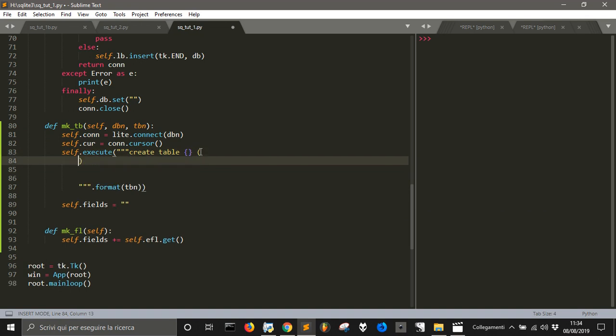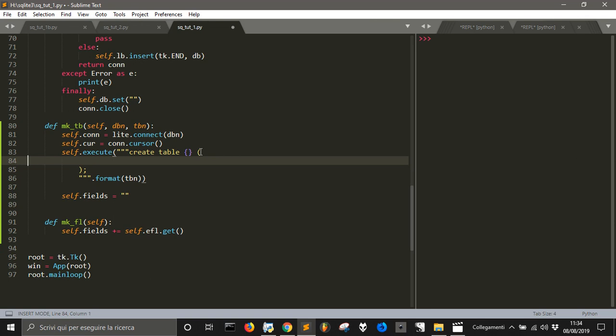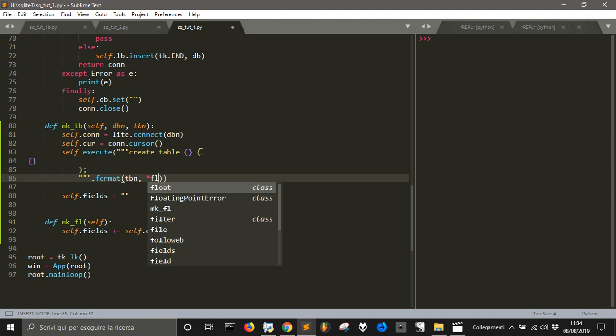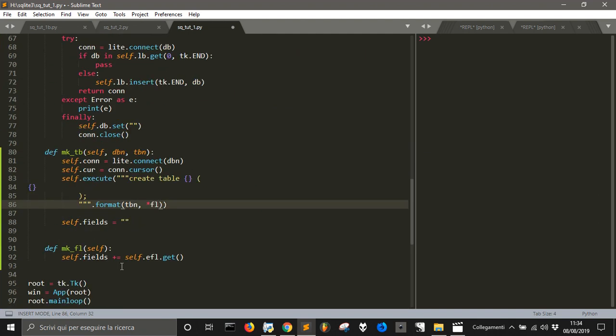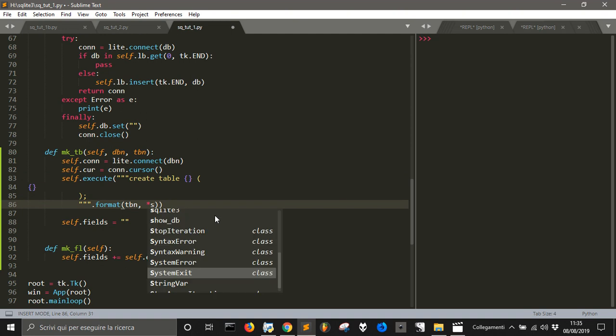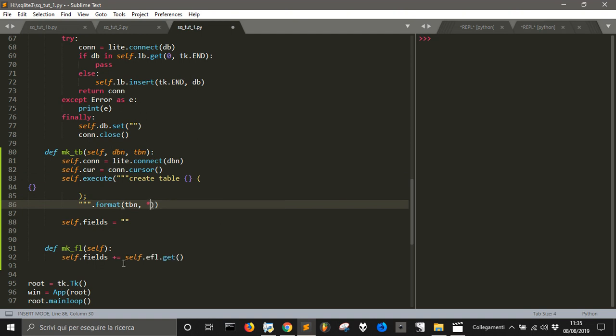Then we will open a parenthesis here, with a comma here. It's not necessary, but we will put it here. And then here we will put another placeholder. And this placeholder will be a list that we will call with an asterisk fl. Sorry, self.fields, this one. So we don't pass anything, and we just,